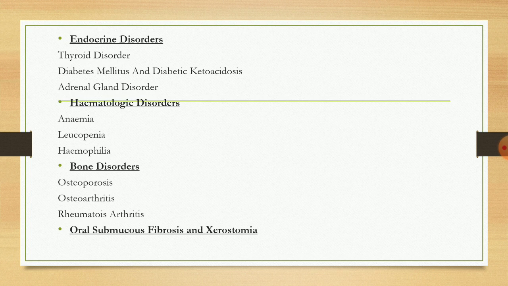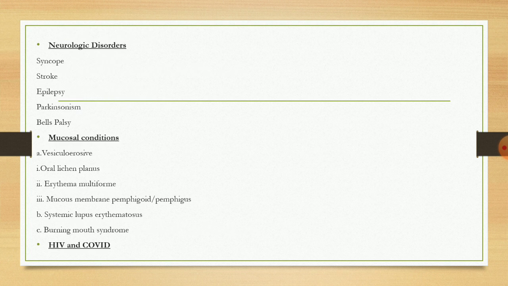Next we have oral submucous fibrosis and xerostomia. Xerostomia has been explained in detail in our video on saliva and its role in prosthodontics. Neurologic disorders, in that we have syncope, stroke, epilepsy, Parkinsonism and Bell's palsy. Then next we have mucosal conditions. In that we have basically vesiculo-erosive lesions, then systemic lupus erythematosus and burning mouth syndrome, and lastly HIV, which is